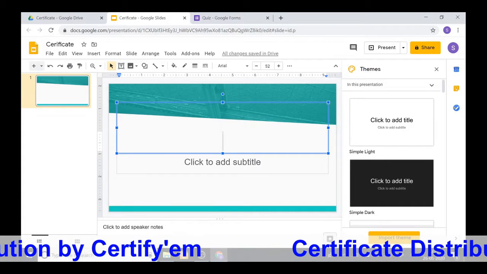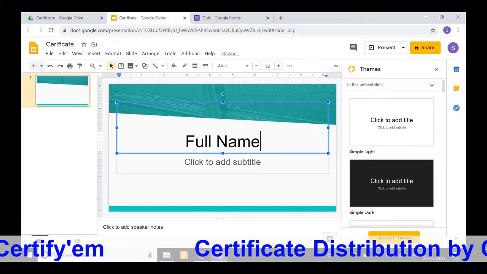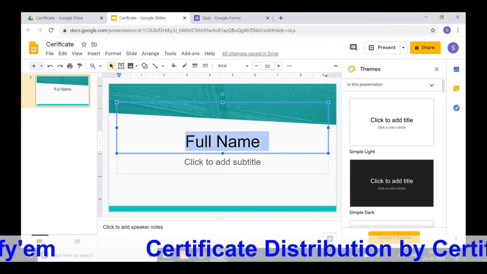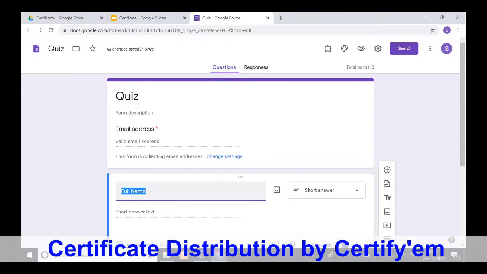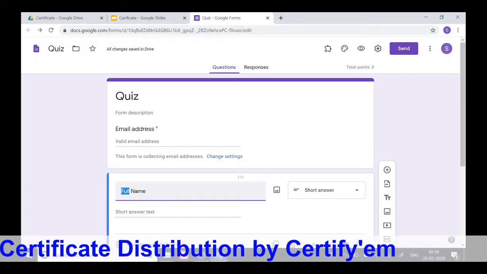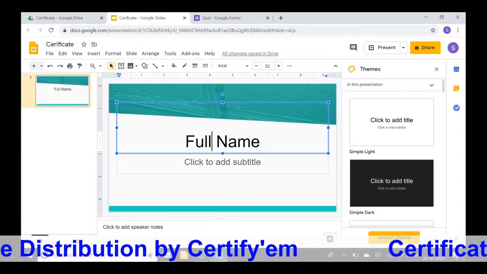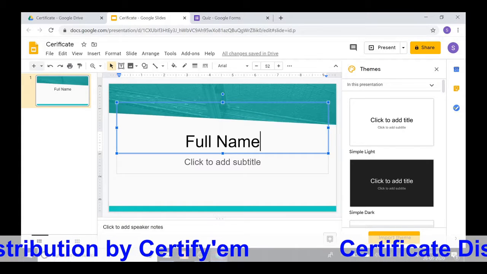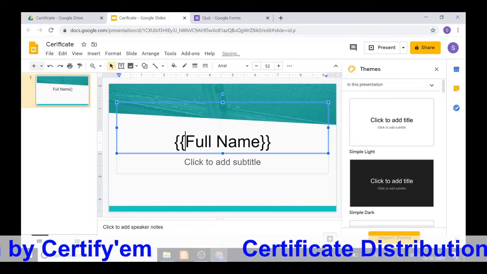Just click on it and write down here full name, because we have used this full name in our Google Form to collect the name. So remember this: whatever term is used for full name in the form, the same must be present here. And after this, just type two curly brackets.